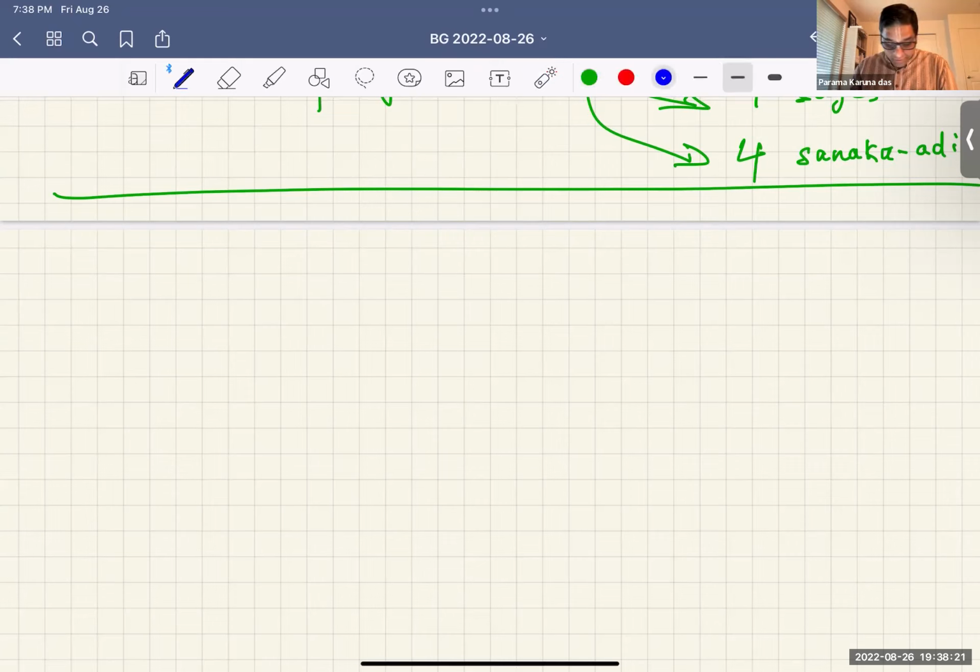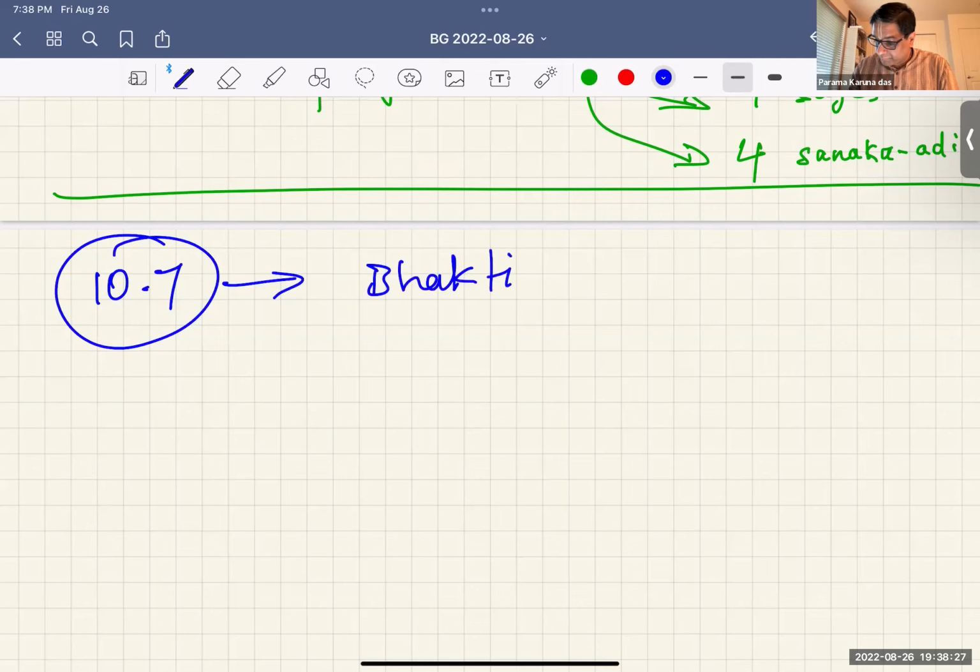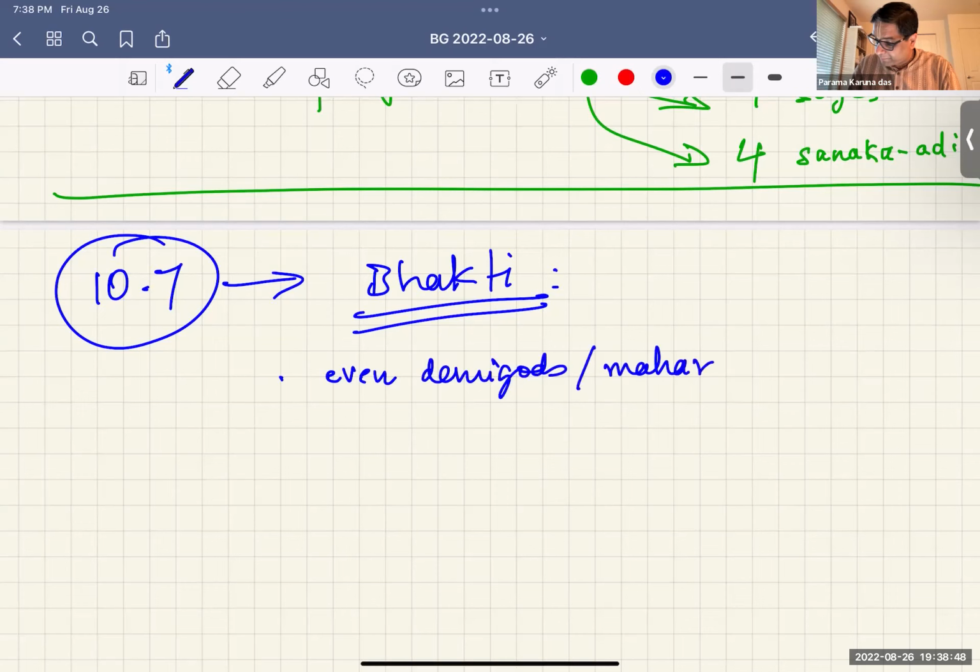Fine. So 10.7. Now we begin to go into bhakti. So the link to 10.7. Okay, now Arjuna is kind of, he has run out of doubts. Now he is saying that even the demigods don't know you or cannot know you. Demigods and maharishis cannot know you